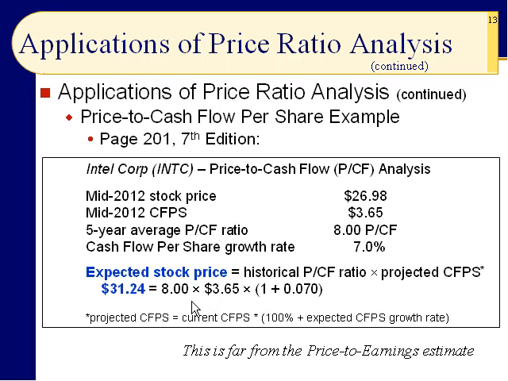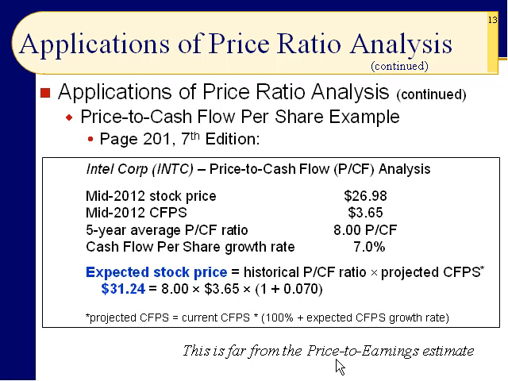We take the 5-year average of 8.00 times the current cash flow per share of $3.65, and then we multiply that times 1 plus the 7%, 1.07. Make sure you do that calculation first. That's why it's in parentheses. And we wind up with